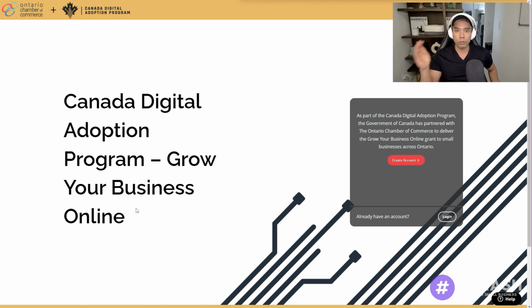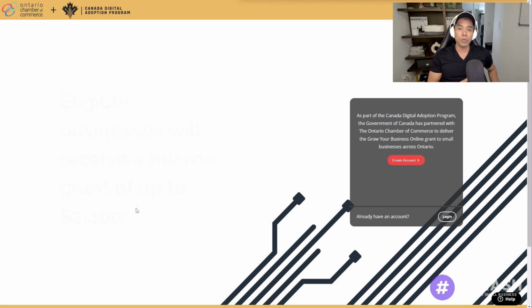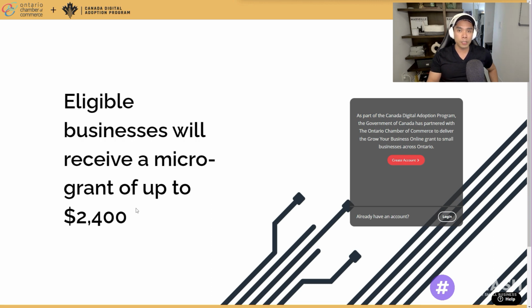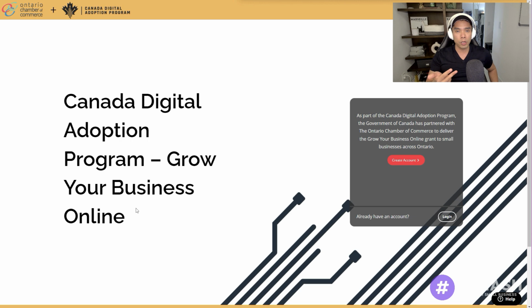So whether or not you do the CDAP application, we're going to go through and give you an actual audit, which is one of the components you'll need to submit the application. Once you have that strategy session in place, we're going to draft exactly what you need for the grant application, including the documents you need, all the information you need to type in, and even some screenshots of what this form looks like,